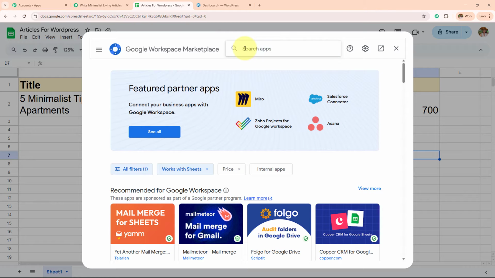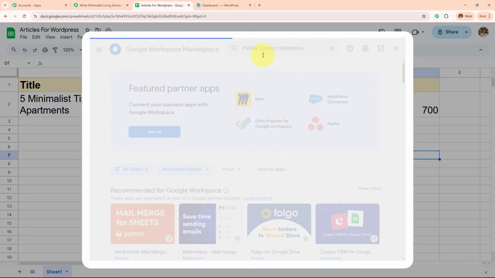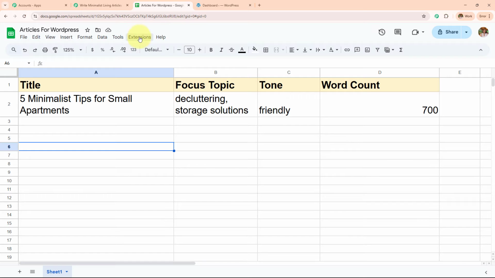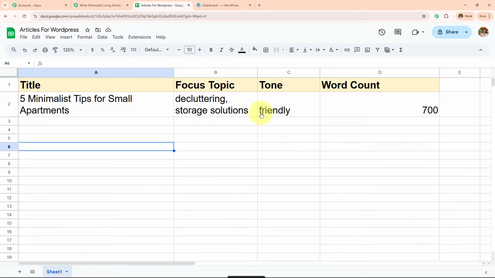After clicking on Get add-ons, Google Workspace Marketplace has appeared in front of me where I need to search for Pabbly Connect Webhooks. And you will see that I have already installed Pabbly Connect Webhooks in my Google Sheets, so it is showing installed. But if you are doing this for the first time, please make sure that you follow the same process and install this. After you install this, it will start appearing over here, and from here you have to go towards this